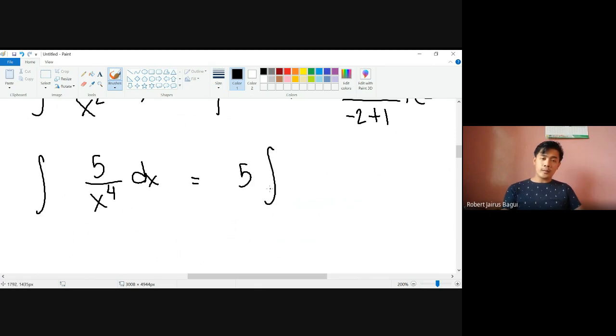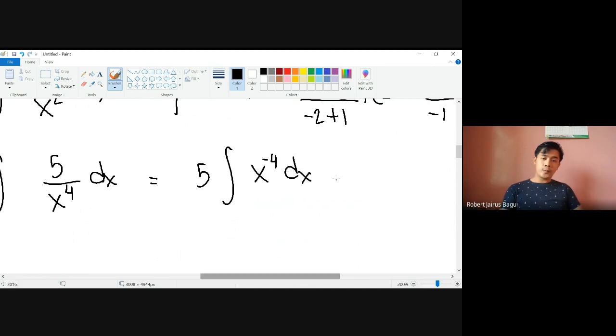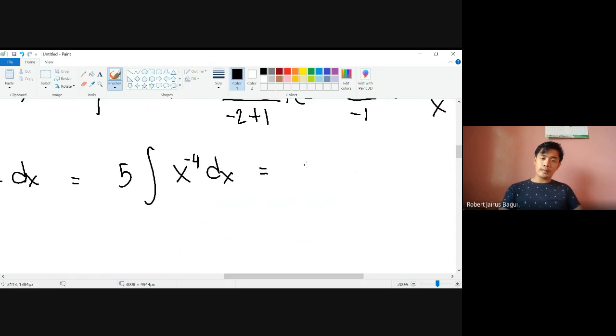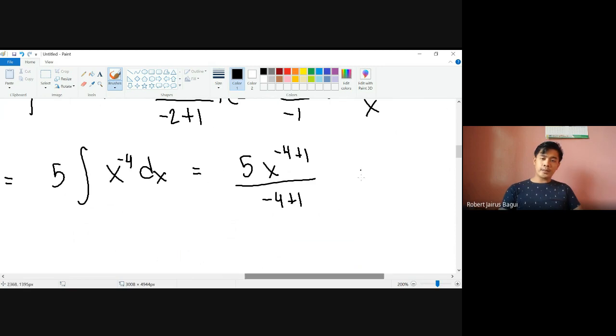So labas ko lang muna yung 5. And yung x to the fourth nasa ilalim, I can also write it as x raised to negative 4. So same value, inangat ko lang siya. So I can proceed with the formula again nung pagpa-plus ng 1. So 5x negative 4 plus 1 all over negative 4 plus 1. Final answer would be